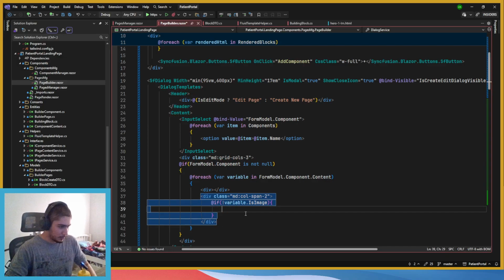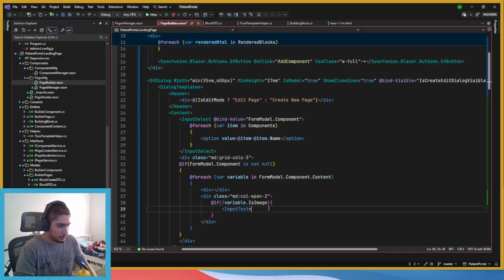Okay. So why is it like this? Input text. Actually, you just use simple input because I don't like the Blazor input. Let's go bind for model.content.